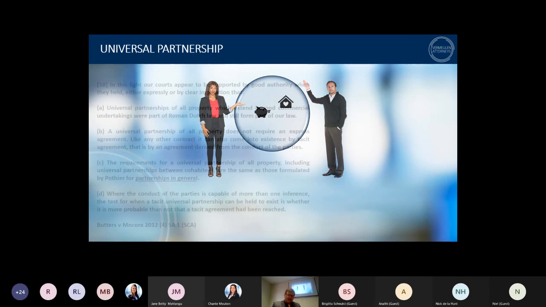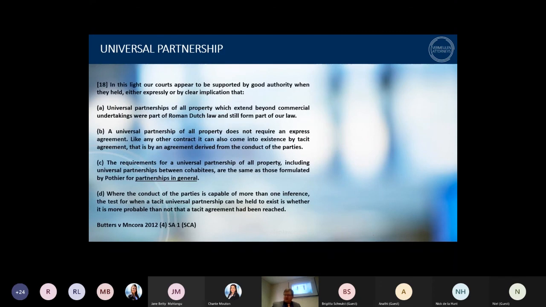Now, this was something fairly new in our law, because a lot of people at that stage said, but this is a matrimonial matter. It is not a matter dealing with,